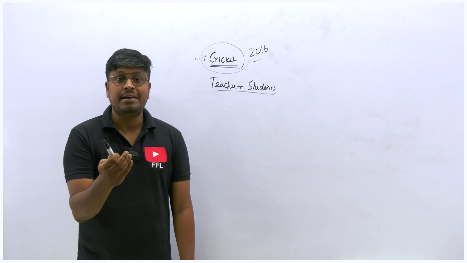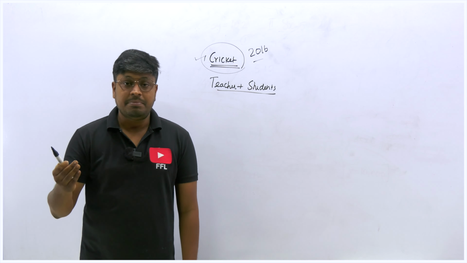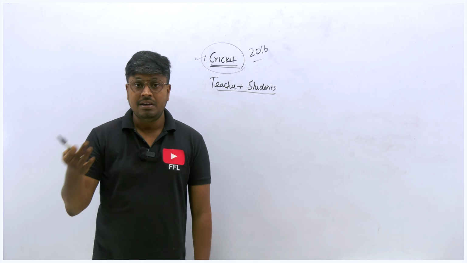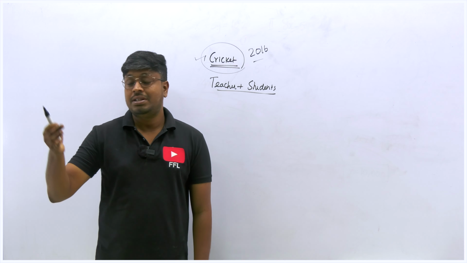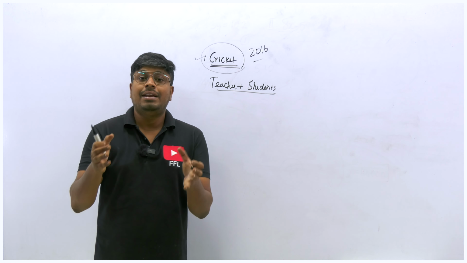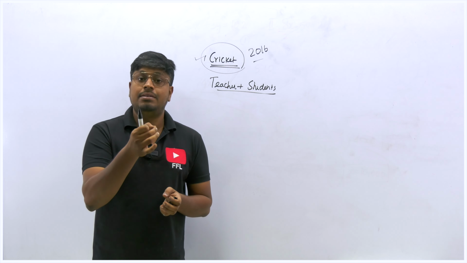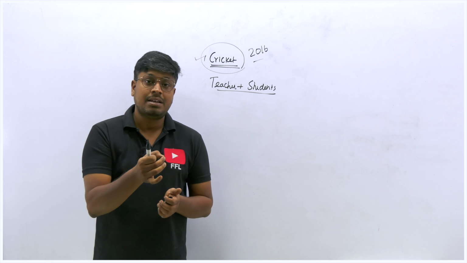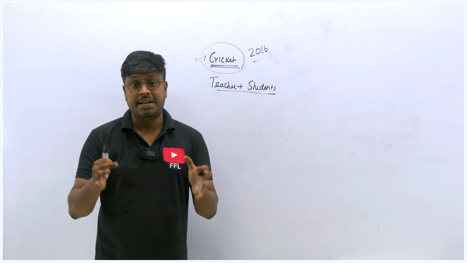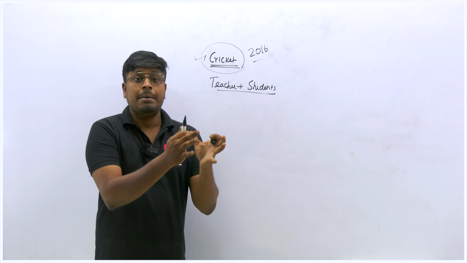Totally there are 11 players, and player 1 scores this much, player 2's score will not be given, player 3's average will be given for the 10 matches. So we have to calculate the average first, and then we have to calculate each person's score in every match, and then we have to solve the complete data interpretation. It will be asked at the mains level.